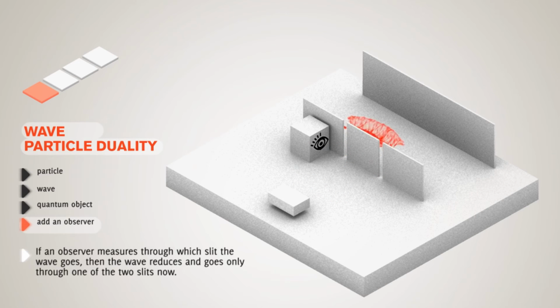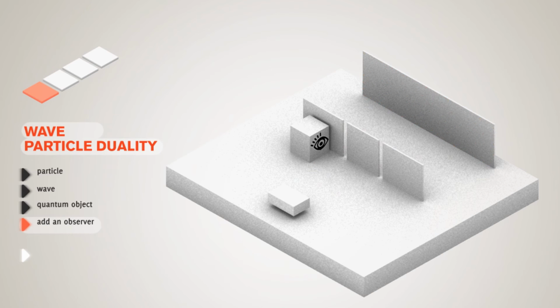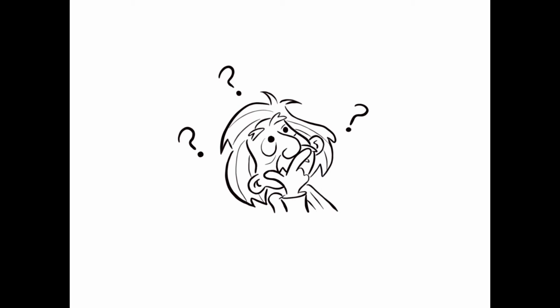Once it reaches the screen, it assumes one position on the screen like a particle, but it also exhibits an interference pattern like a wave, which is another quantum behavior we mentioned earlier called wave-particle duality. The act of observing or making a measurement destroys the interference pattern, and this shows the bizarre nature of light and quantum mechanics. The strangeness of quantum entities does not end here.